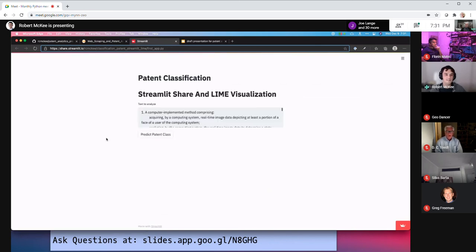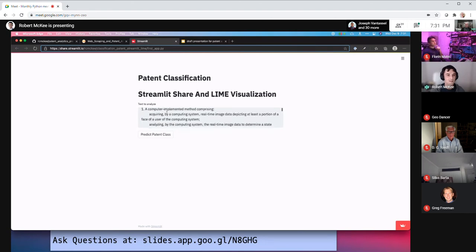So this is the patent application that I built. I built the model. The Streamlit geniuses did all of this pretty version stuff. And so I've got some patent text in here, and I'm pretty sure I clicked it. Yeah, it's running. And then it will process it on the model and present the results. And so, I wanted to give you an end-to-end overview of this process.